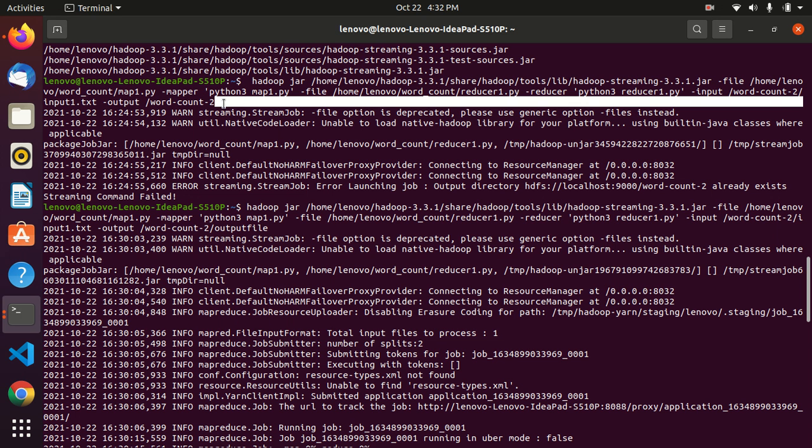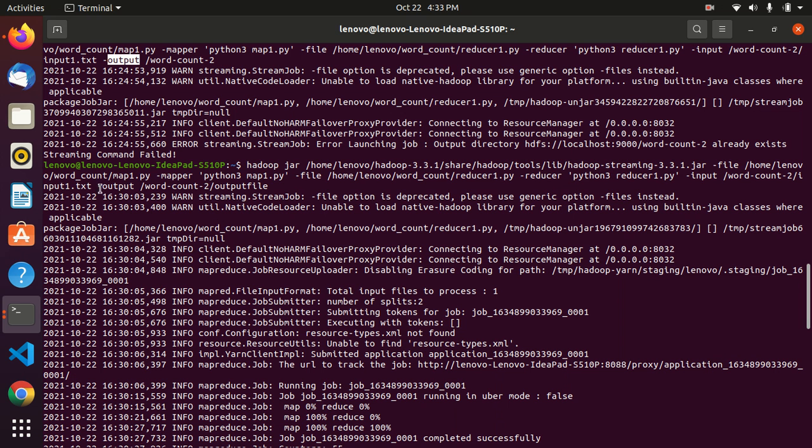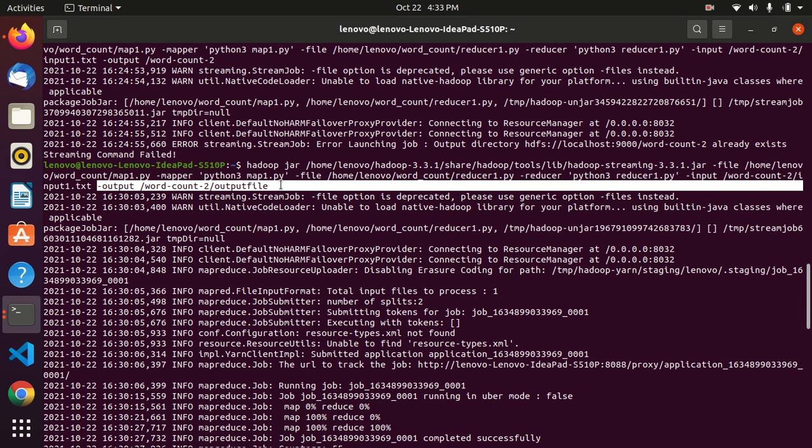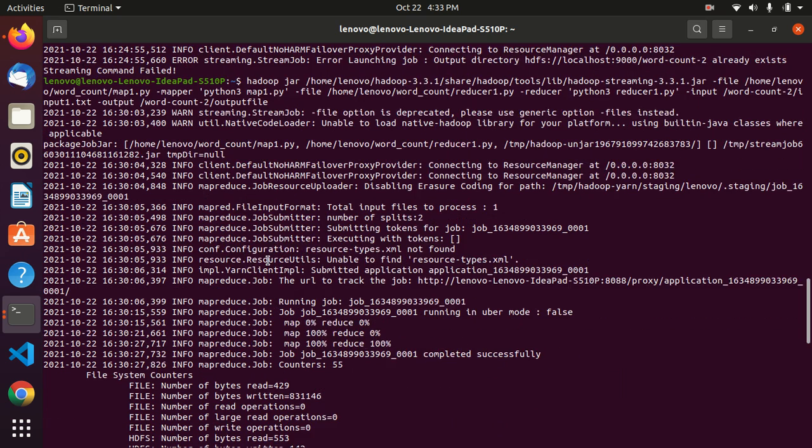So there we have to get the output. So here some file or a directory should be mentioned after the wordcount-2. So wordcount-2 is a directory, and inside of that also we need to provide a file or a directory so that our output gets stored there. So for that reason it is showing as error. So afterwards when we give a hyphen output space slash wordcount hyphen output file, and next press enter, then we will get the output.